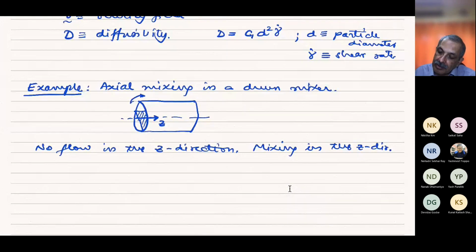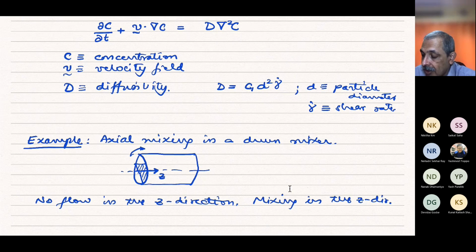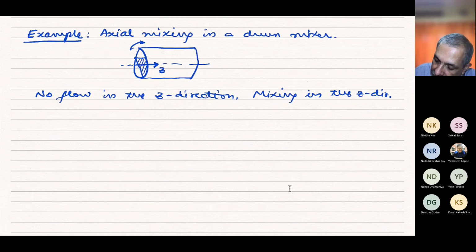So you can clearly see that since there is no flow, if you look at this equation, let's say for example the concentration is higher in the middle and lower at the sides, then your C will be essentially determined... I mean, the variation of the concentration with time will be only due to diffusion because the velocity is zero. So in this case, the governing equation becomes